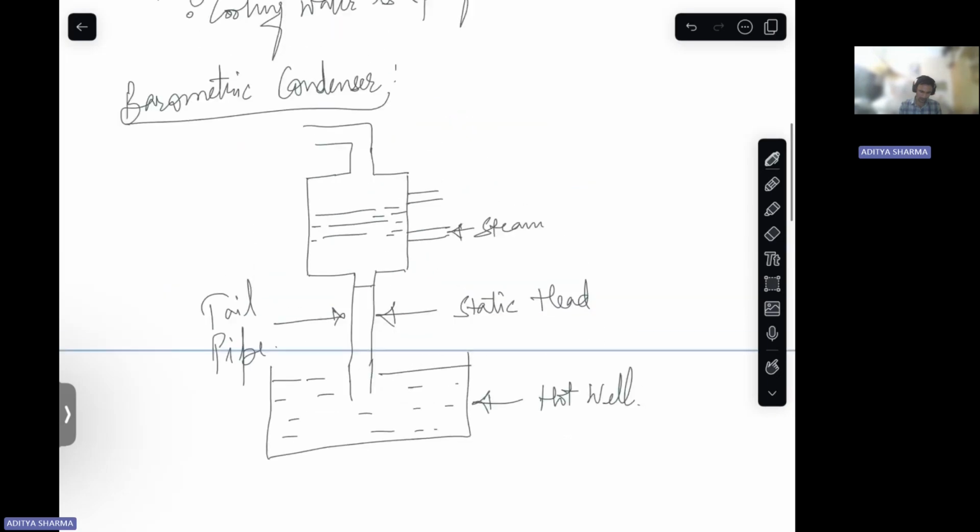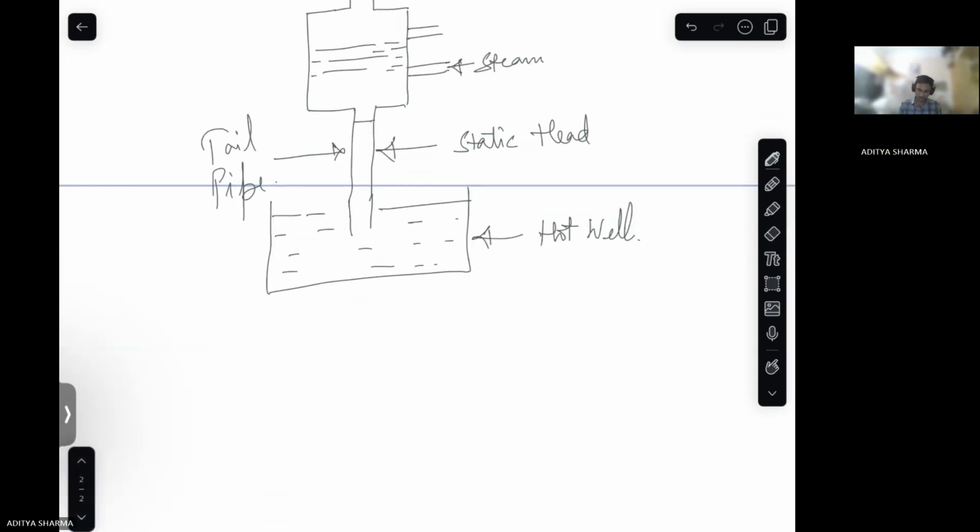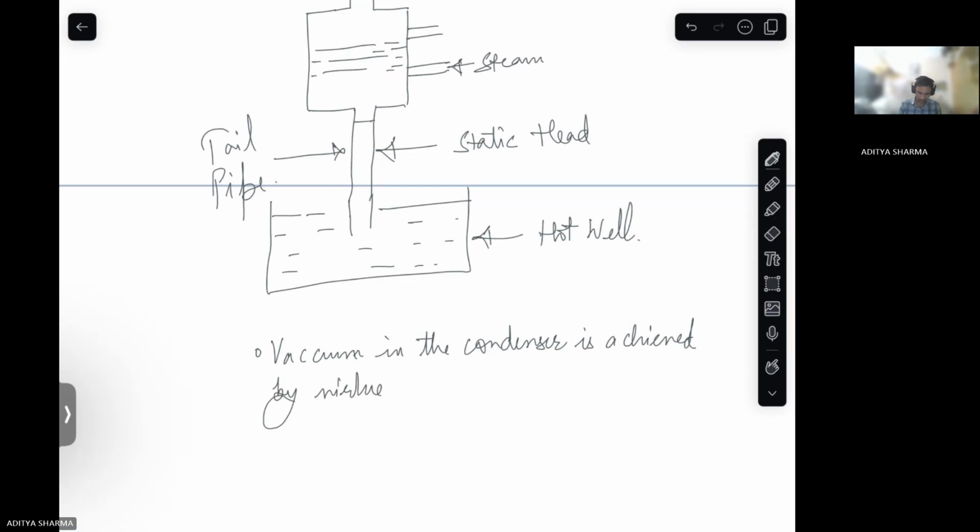So what happens here is your vacuum in the condenser, okay, is achieved by virtue of static head from your tailpipe. Okay,